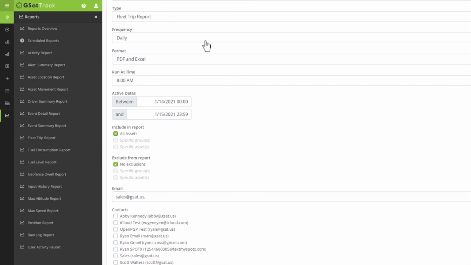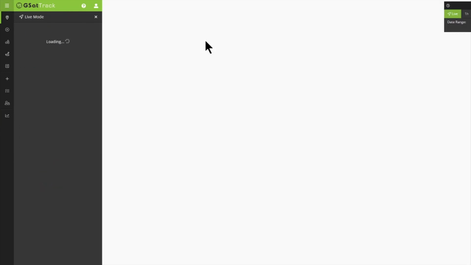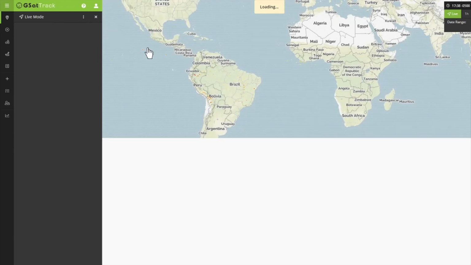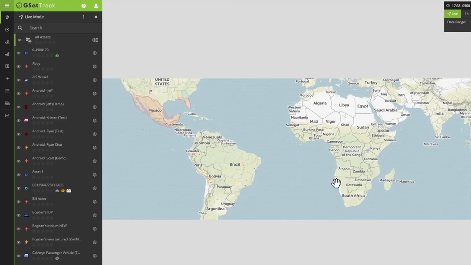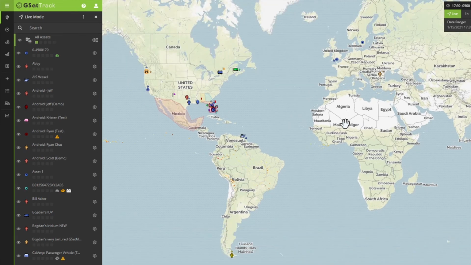Now, what does this mean? This means I have an alert set up to notify me if there's any unauthorized movement. I've got a report that's going to come to me daily to let me know if there's been any unauthorized movement. And overall, I have a solution for understanding what my devices are doing and if there's any potential for threat. That's our first video in our how-to